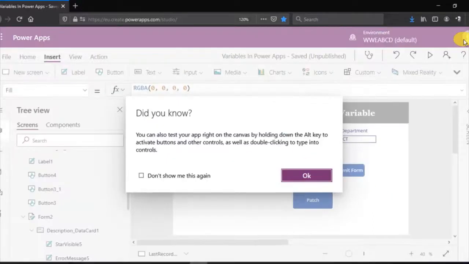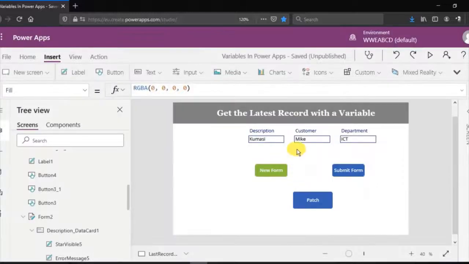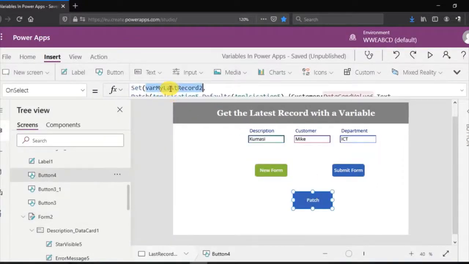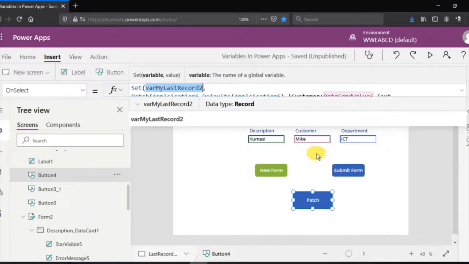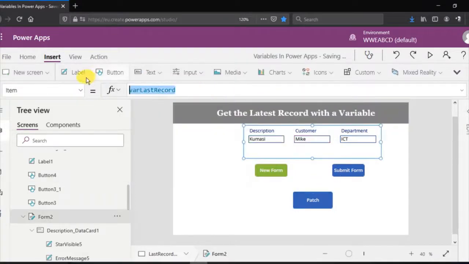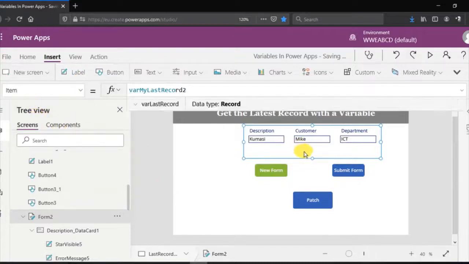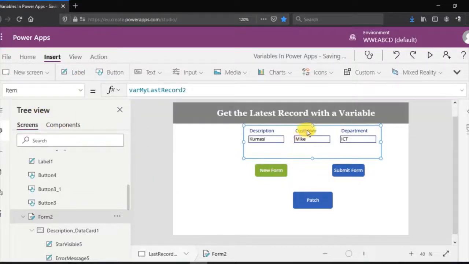Now let's go to the form. Then we can grab the name of the variable, put it on the item property of the form, and we see that we have whatever was submitted latest using the patch reflecting on the form. So this is another way of using